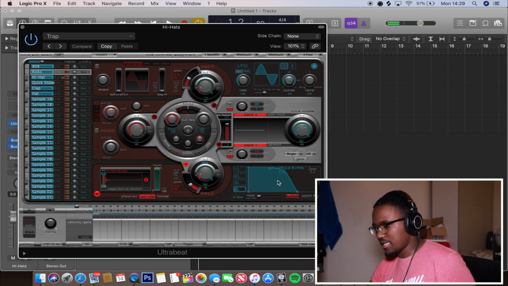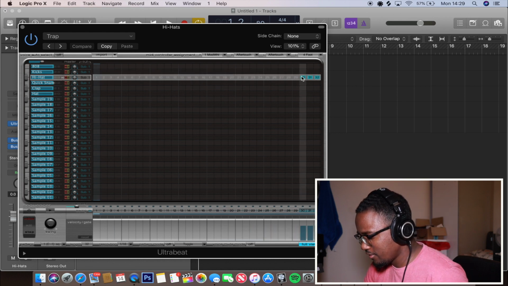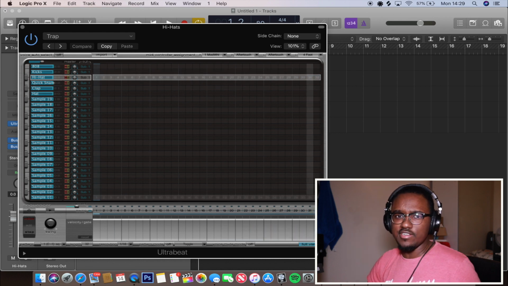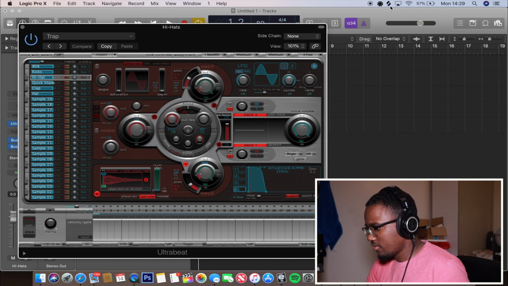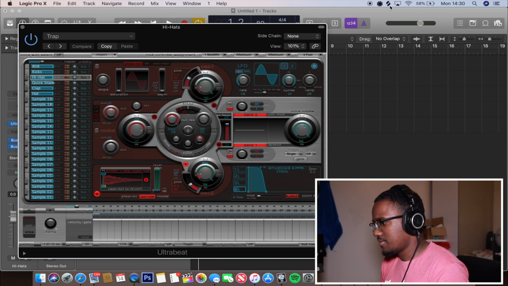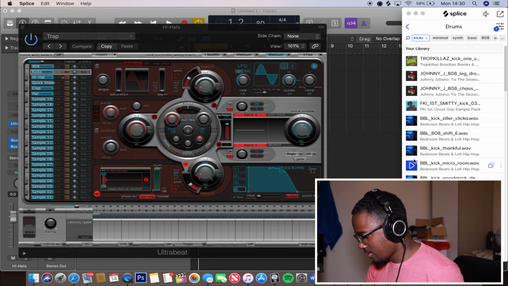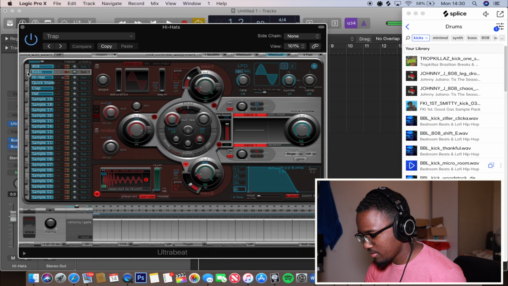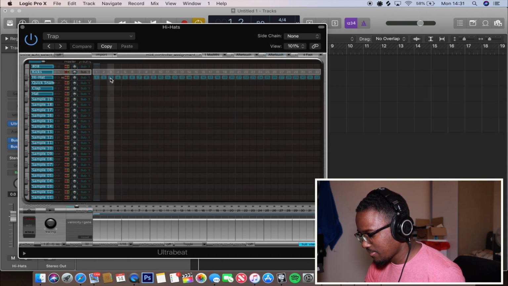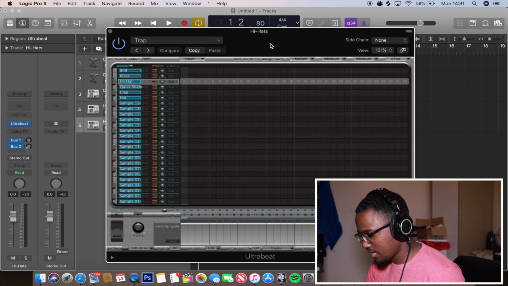So after that, we can add in some kicks. The kick that I have in my little trap preset is a kick that I never use, but I can never be bothered to change it, so I just keep it there. What I do is sometimes I go through Splice and look at the kicks I have, and then drag a kick from there. So that's what we're going to do. Sample right here, literally drag it into the sample section, boom, turn it up a bit, then we draw in the kick pattern, get rid of the hi-hat pattern that we had in the other track, because this is the kick track,